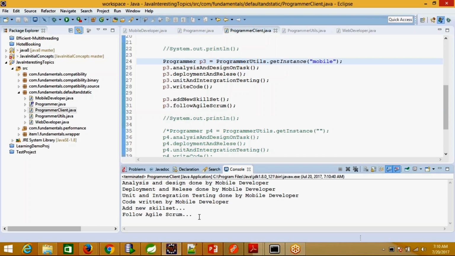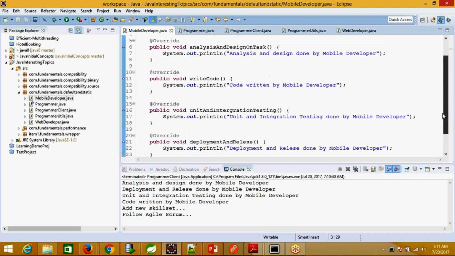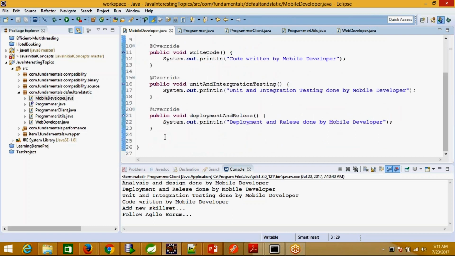Lot of pain have been taken away from the implementing classes now from Java 8 onwards. Like we don't have to write any unrelated code here, and say for an example your mobile developer wants to give its own functionality related to the newly added feature, then it can override that particular part also along with it. So say for an example it wants to give some other stuff.